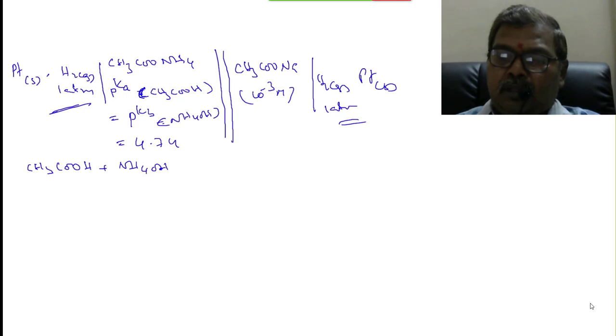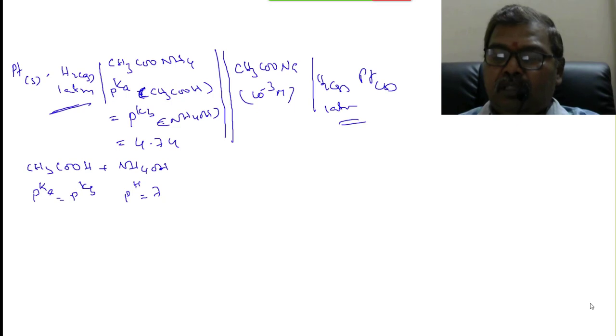Okay. Now, pKa of the weak acid and pKb of the weak base are exactly the same. Therefore, the pH of the solution is exactly 7. It is a neutral solution. For example,